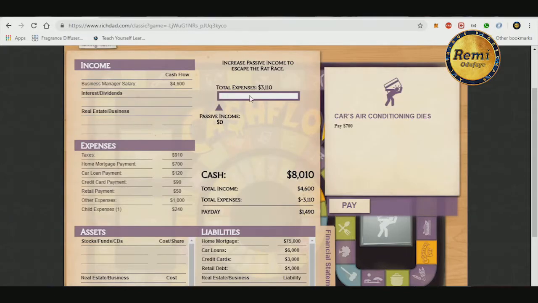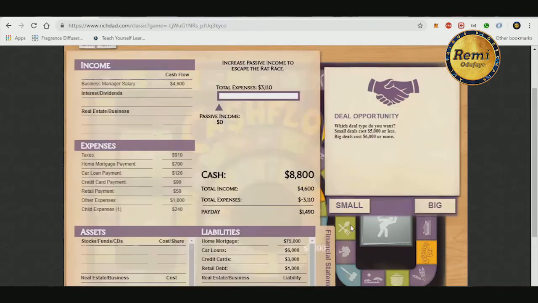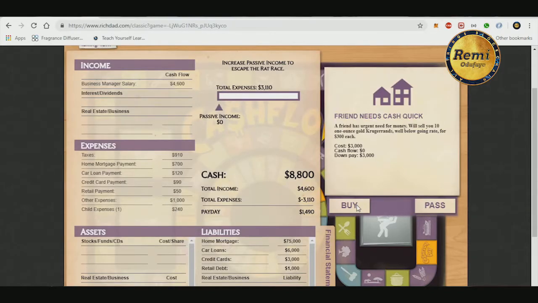But now I have to pay for my air conditioning. It costs $700. That just sucks. So I pay. I keep on rolling, and then